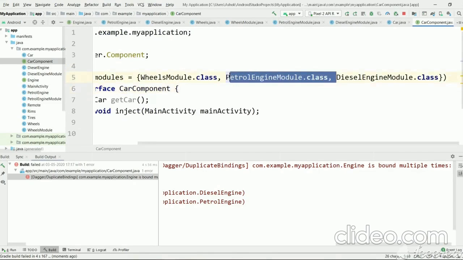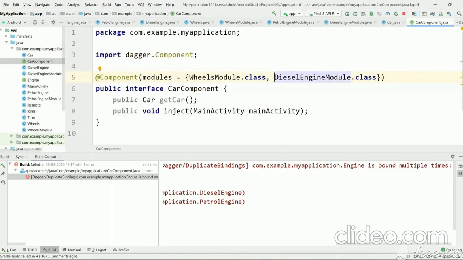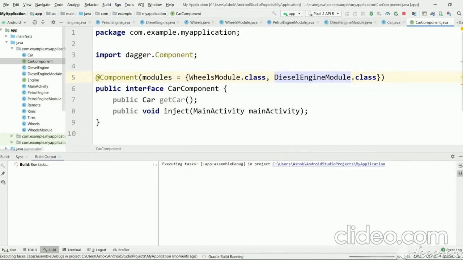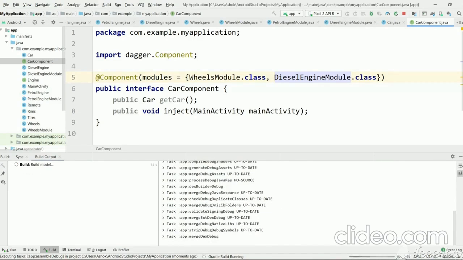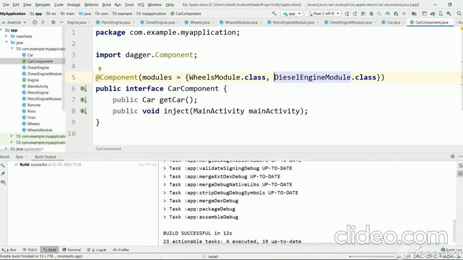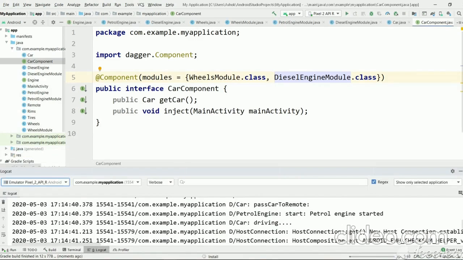So we need to remove one module from that car component. Let's remove petrol engine. Now it should create a diesel engine object for the engine inside car. Let's execute this and see. Now the build is successful, and we will see the output.